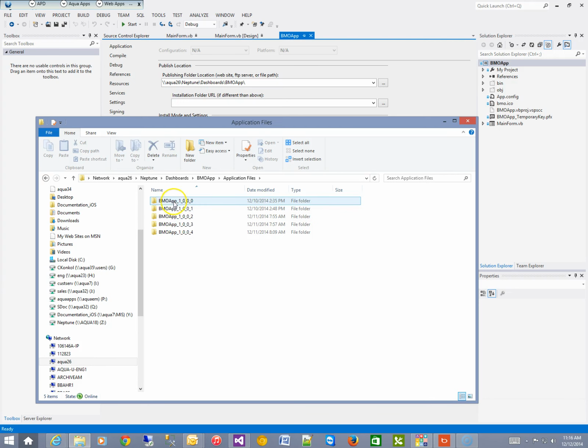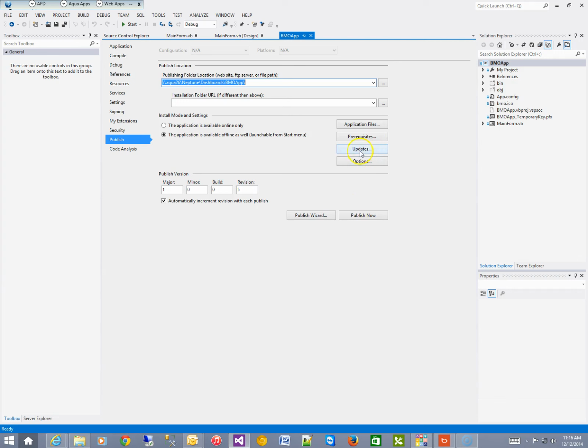It will come in here though, and notice since the iteration of changes, it has all the versions that have been published from 0 down to 4. So we should see a 5 show up here. And inside each one of these folders is basically the .application, the manifest, and that's it. It's going to take these files and install on the local machine that it's clicked on. So all you've got to do when you come here is literally just click Publish Now,